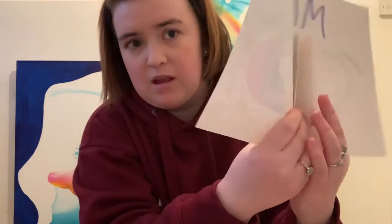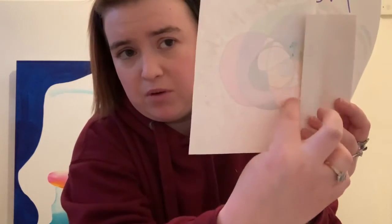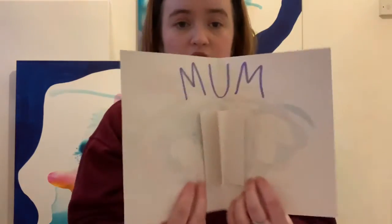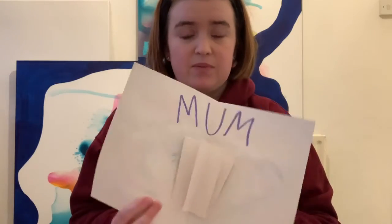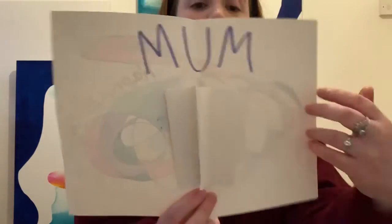Okay, so when I say glue, you're gluing the bottom of each side of your fan to the back of the card on the inside. Okay, so once we have done that and you've got your perfect flap and stuck it on the inside of